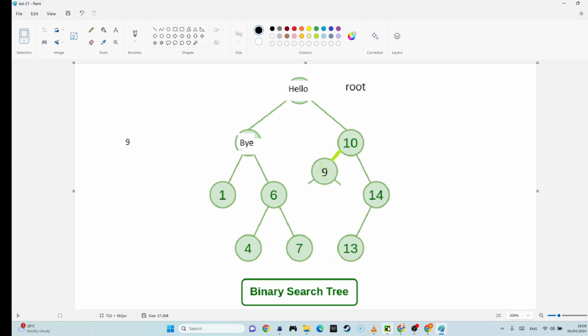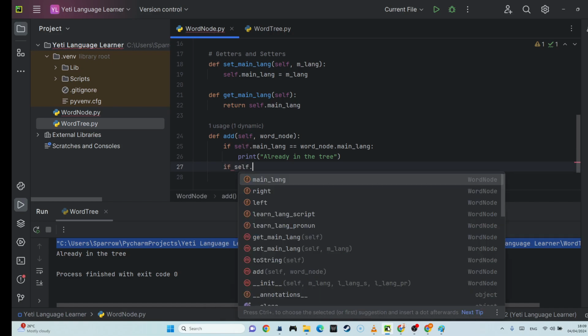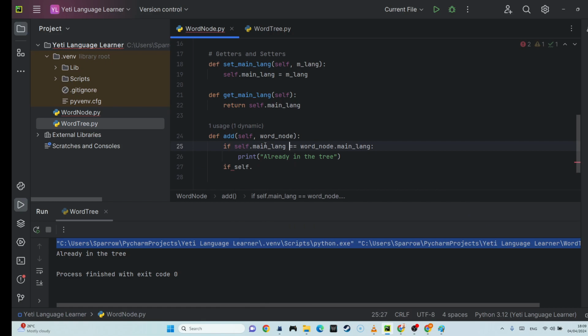Okay, so what does that look like in code? So then we want to say if self dot mainline. For some reason, I like to do this the other way around. I like the words that I'm adding to come first. Other people seem to do it the other way. So if the word we're adding is less than the mainline,